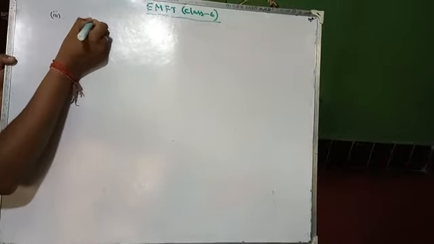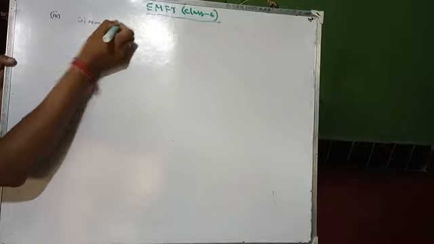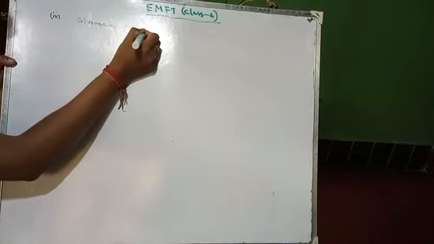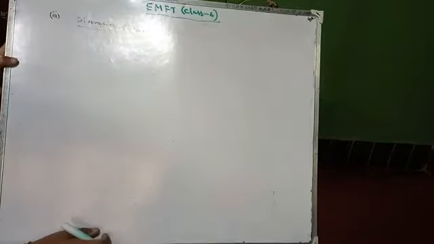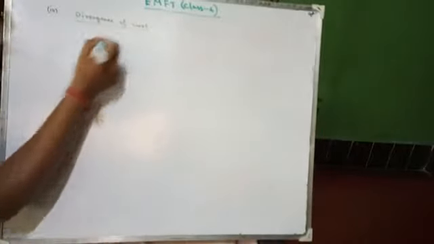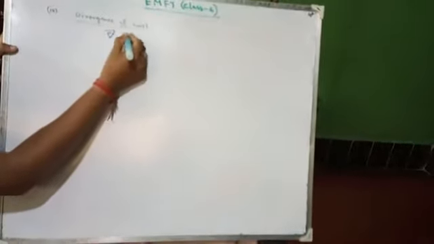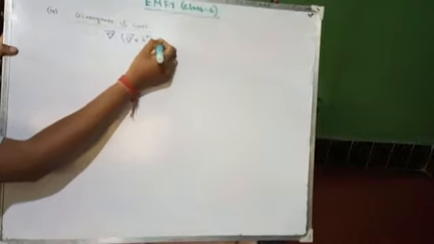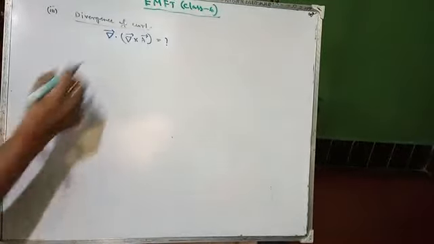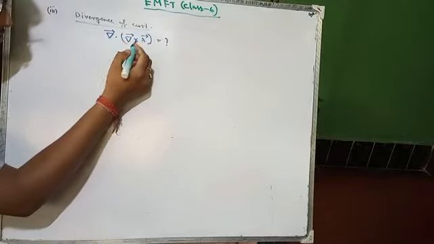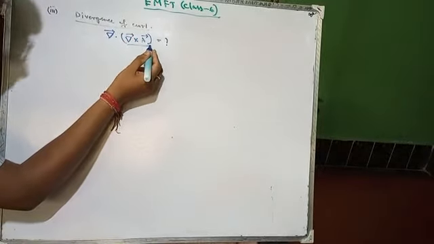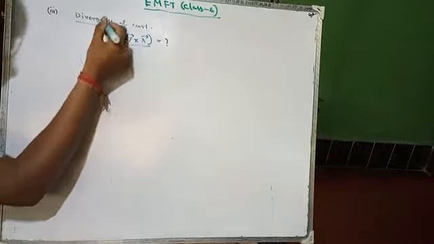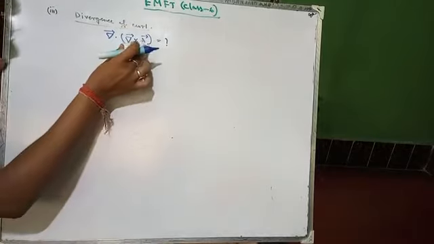So now write divergence of curl. What is the divergence of curl? You have to first make the divergence of curl of any vector. So what is the meaning? First tell me, the curl of any vector represents what? A vector. So this one is a vector, and this vector acts on the divergence tool. So first you have to complete this one.